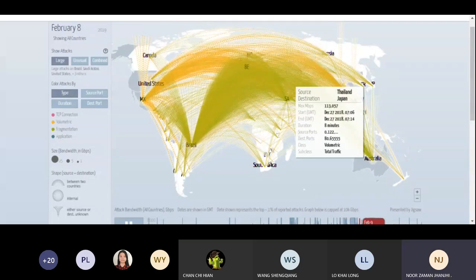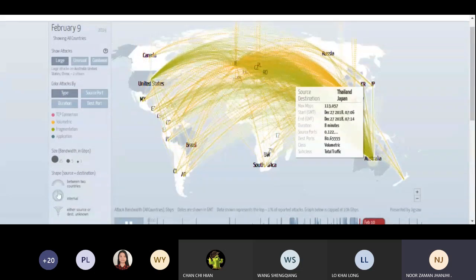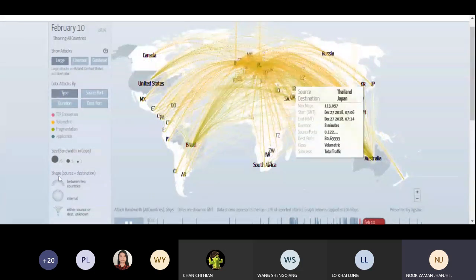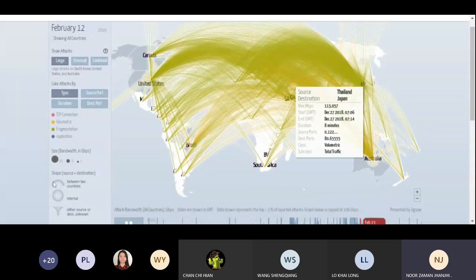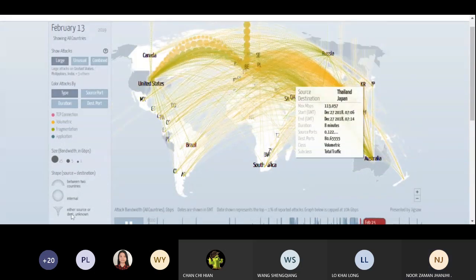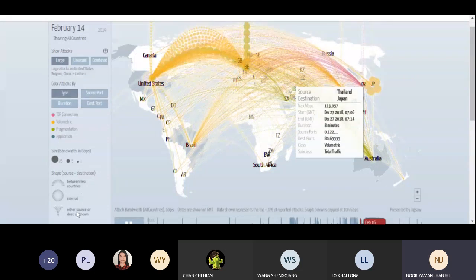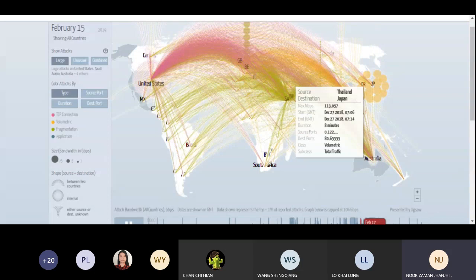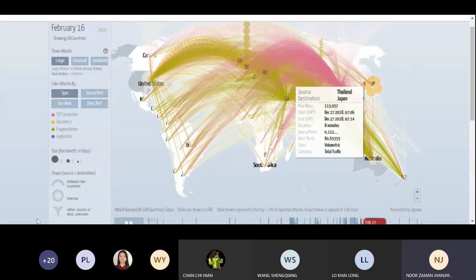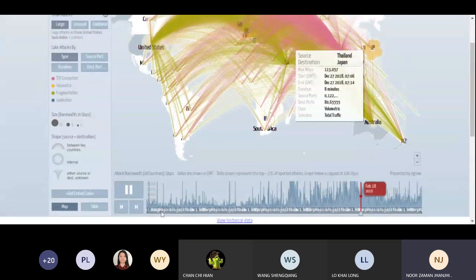So now you can see the legends from here. If this is the sign, you can see this is the internal attack. Internal means some organization or country is under attack, but from their own same country. And suppose this is the pattern of the traffic. This means between two countries. And this is the pattern. It means the attack is from different sources to one destination. So this is the graph of the pattern. You can see how it is working.